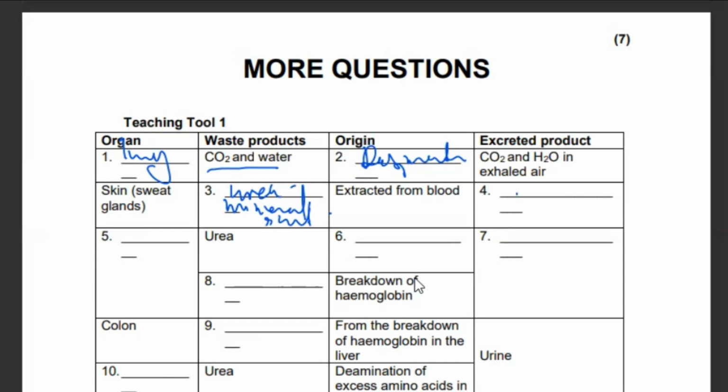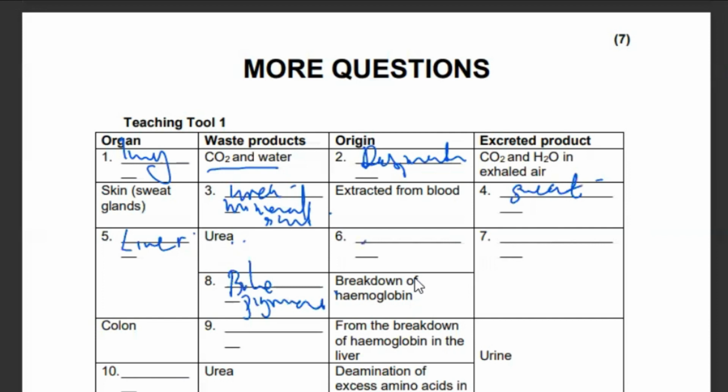Yes, it is the product that definitely comes out as sweat. You'll study this in grade 12 more. Then you have urea. Urea can be obtained in the liver. Yes, in the liver, and then it can be urea or bile pigment. Yes, and then here in number 6 you have